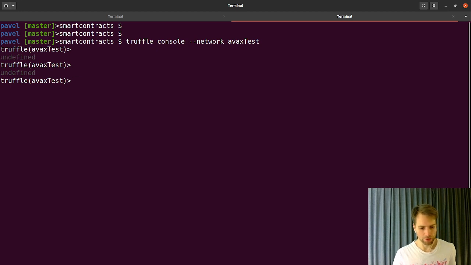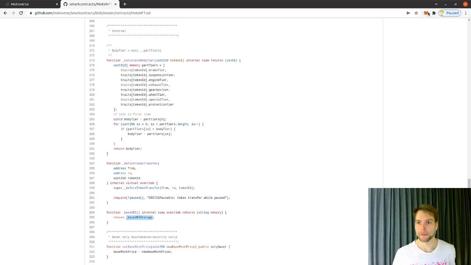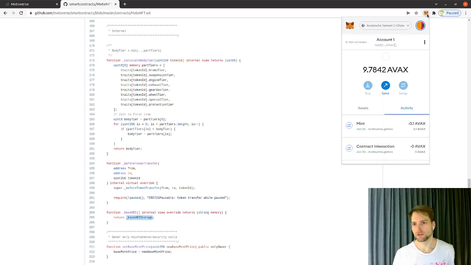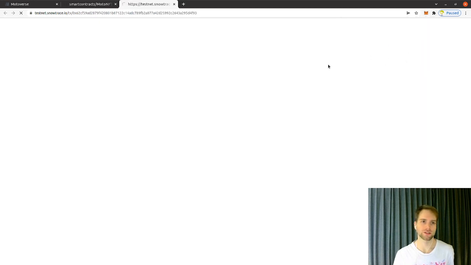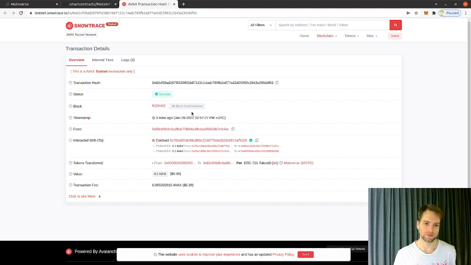Next up, we want to get the address of our smart contract. We can do that if we look at the last transactions we've done, which was this minting. If we look into how it looked in the Explorer, we can see, here's the token address, the contract address.